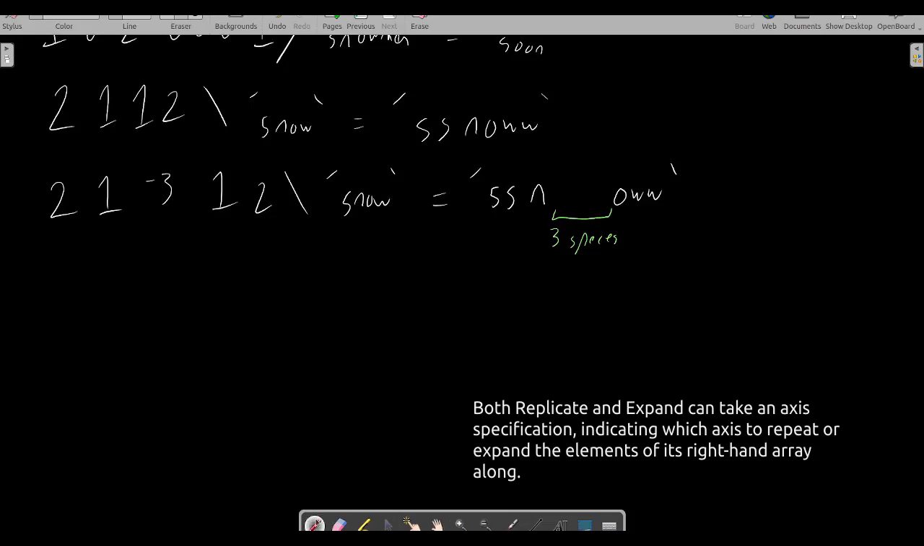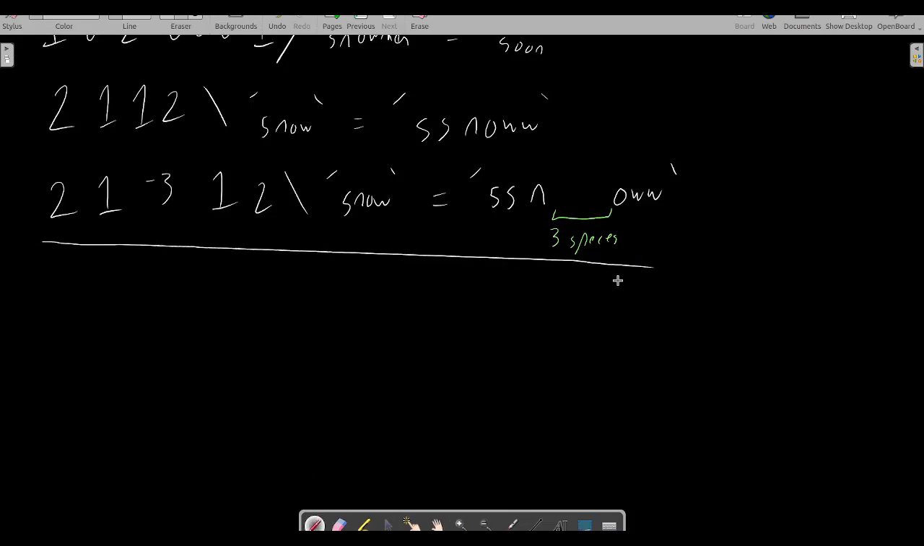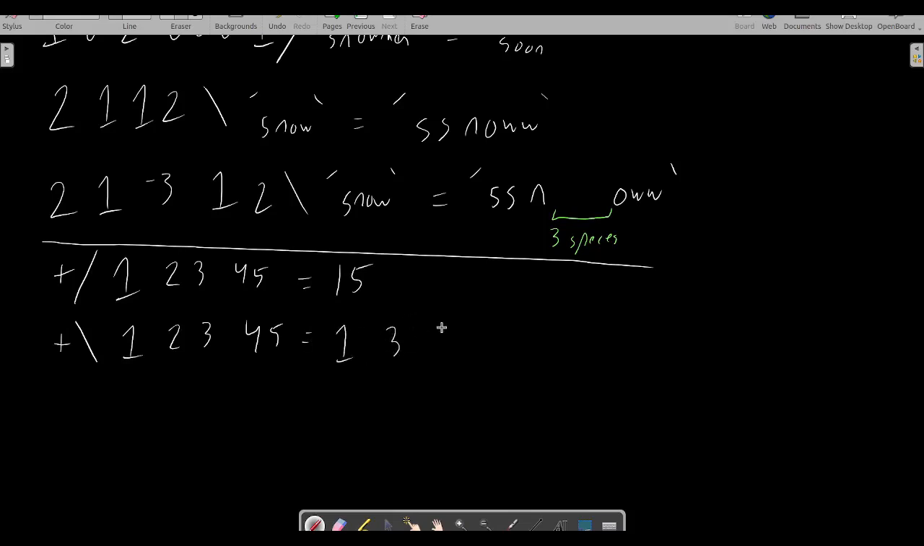The slash operator is reduce, which folds an operation over an array. The backslash operator is scan, which does the exact same thing but saves intermediate results. So plus slash sums an array. 1 plus 2 plus 3 plus 4 plus 5 is 15. Plus backslash does the same thing, but it remembers each step. We get a 1 from the first element, then 1 plus 2 equals 3 for the second, then 1 plus 2 plus 3 equals 6, 1 plus 2 plus 3 plus 4 equals 10, and finally, the sum of all